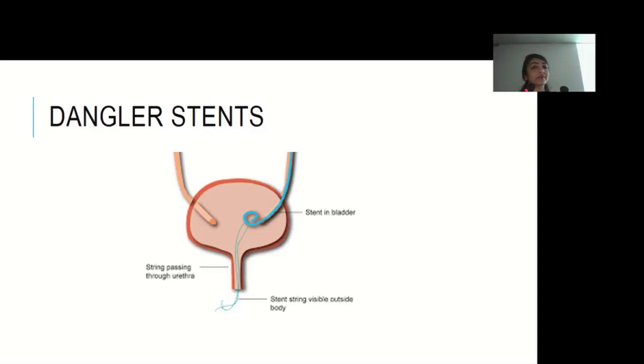Even I guess we also used this string stent, and the patients used to say something was coming out and they pulled the stent, and the main aim of that stent was not achieved. Another thing I would like to comment on, because all the residents are sitting over here: whenever you place a stent, you need to know the indication for that stent placement. We are using unnecessary DJ stenting.